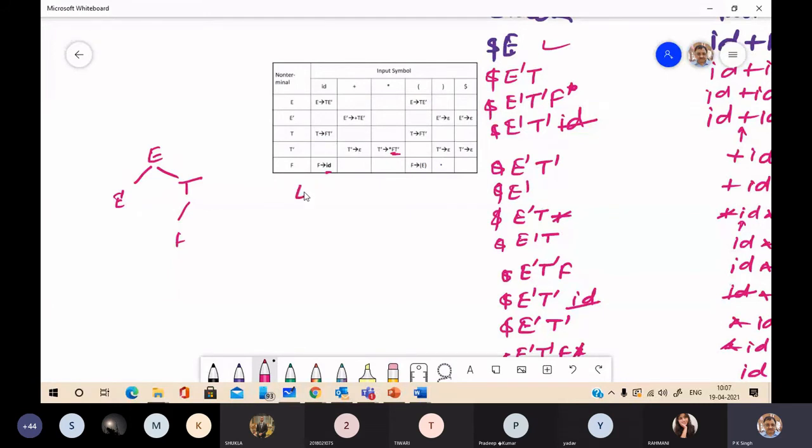E to T E dash. Here it is written in stack, okay.